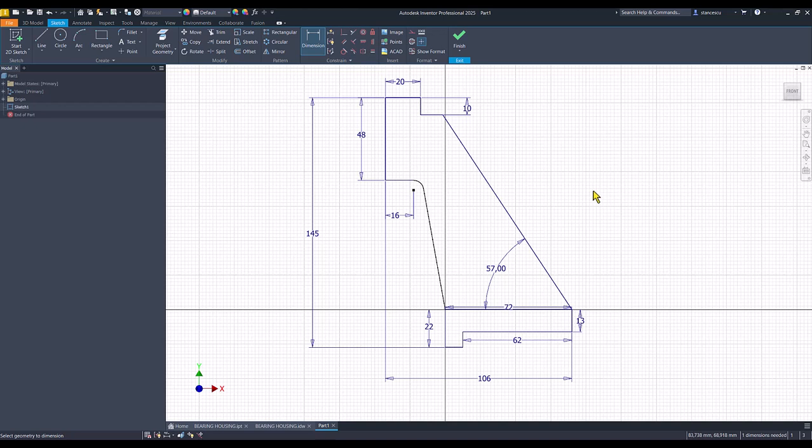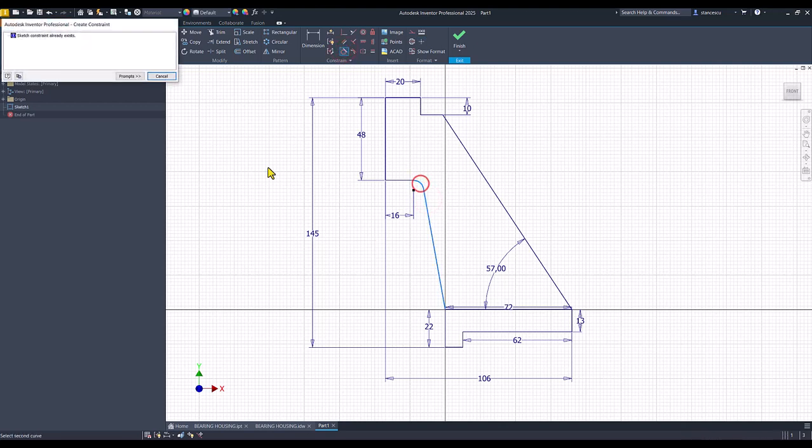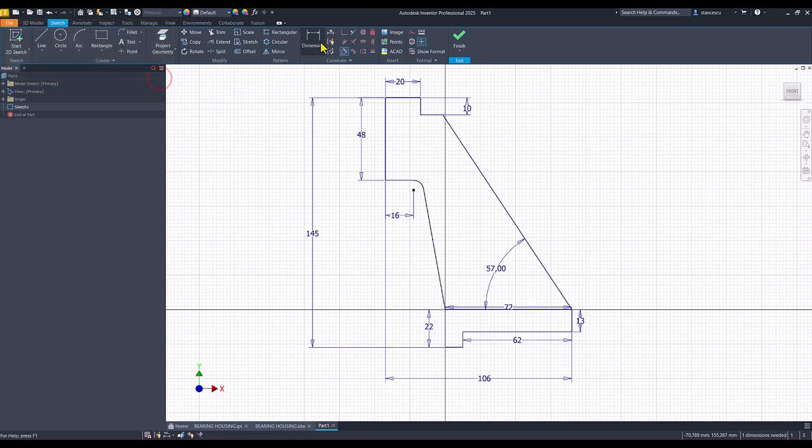And another, I don't know. Let's see, maybe a tangent here. This with this. No, tangent. No, it is. Let's see what is missing here. Oh, the value of the radius. This is 4 millimeters radius. I continue with this